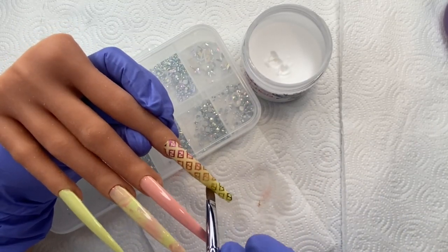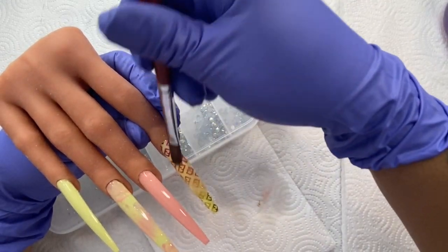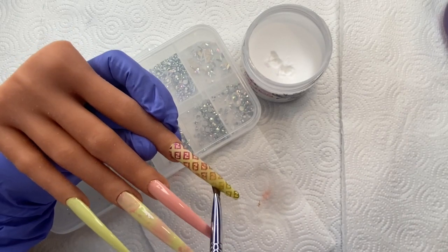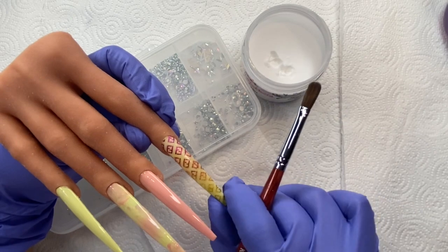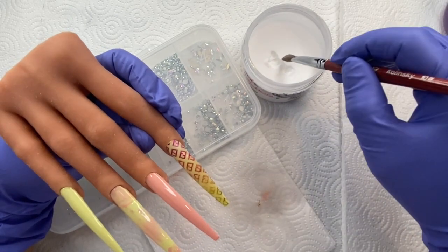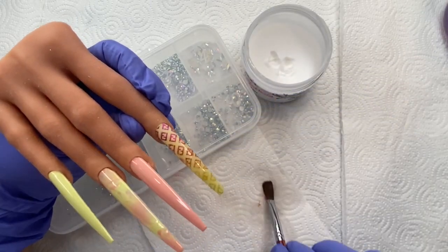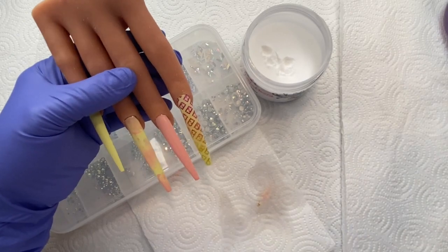Here I was just trying to think of what else I can do to keep this nail on and not go in and change it. So if this happens to you, and especially if you're doing this on a client or yourself, do not feel like you need to start all over and soak this nail off. Just keep going. If it is a client, I personally would offer them something else over top of it